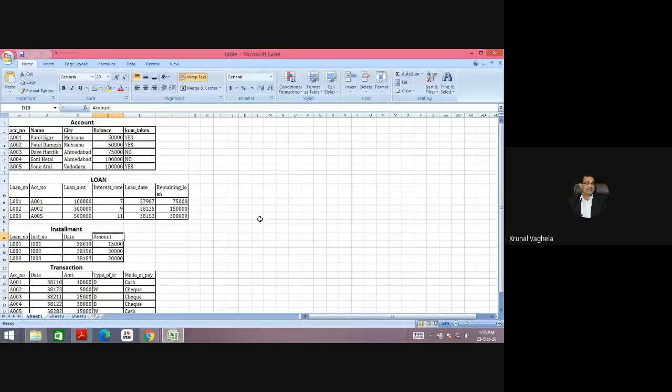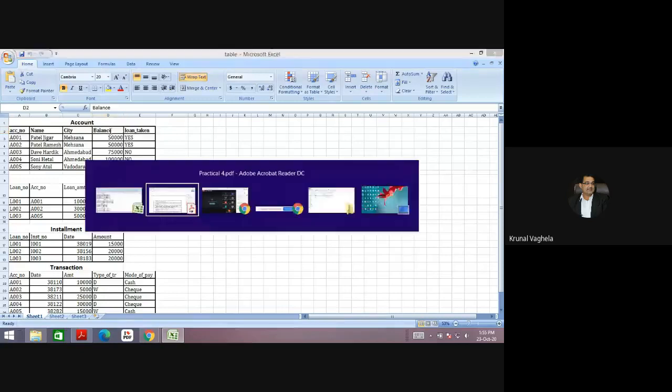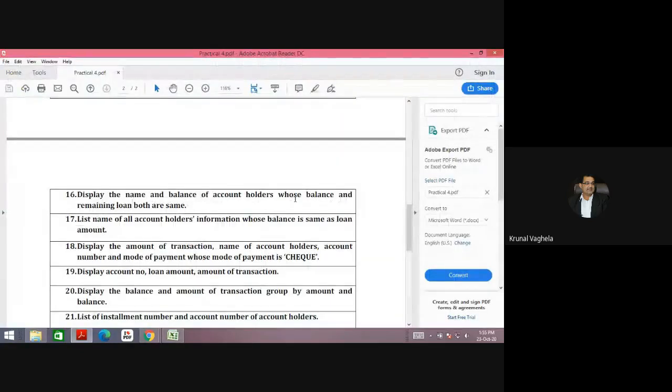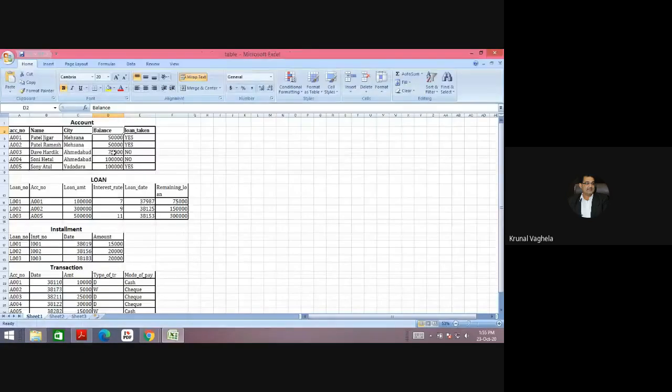First step is to identify from which table you will get the data. Name and balance you will get from account holder, whose balance and remaining loan are same. Remaining loan you can get from loan table.